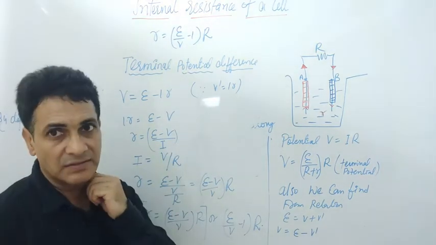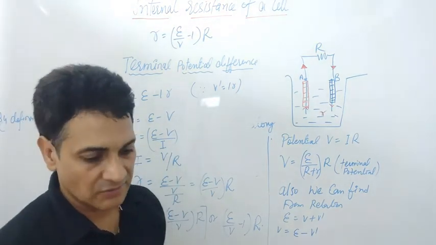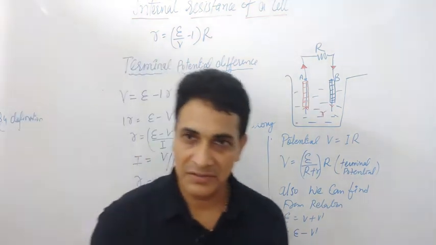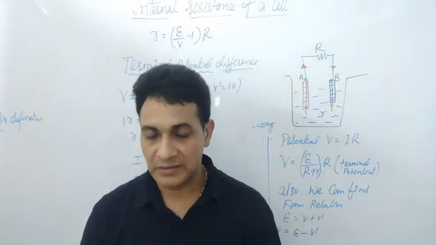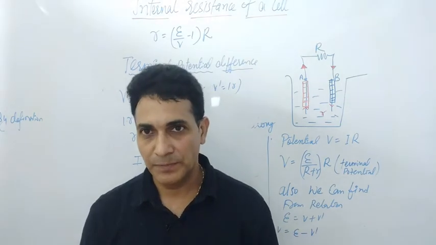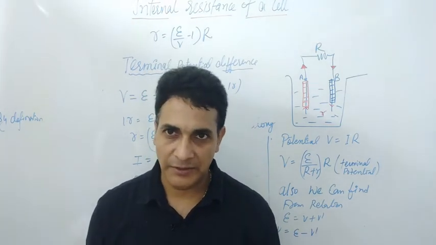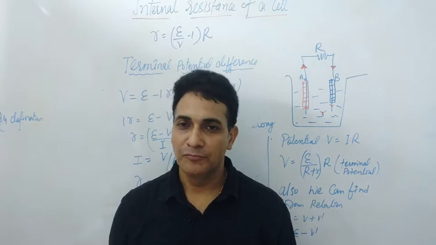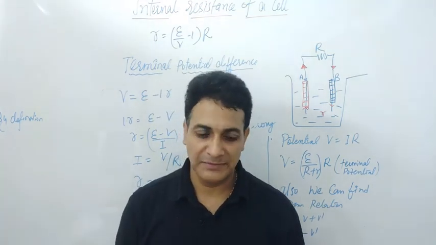So this was about the relation between टर्मिनल पोटेंशियल डिफरेंस, ईएमएफ एंड इंटरनल रेजिस्टेंस ऑफ ए सेल। सो स्टूडेंट्स, हमने अभी डिस्कस किया कि व्हाट आर द फैक्टर ऑन विच द इंटरनल रेजिस्टेंस ऑफ ए सेल डिपेंड्स अपॉन, टर्मिनल पोटेंशियल डिफरेंस क्या होता है, और हमने इस रिलेशन को फाइंड आउट कर लिया। अभी हम नेक्स्ट वीडियो में मिलेंगे।